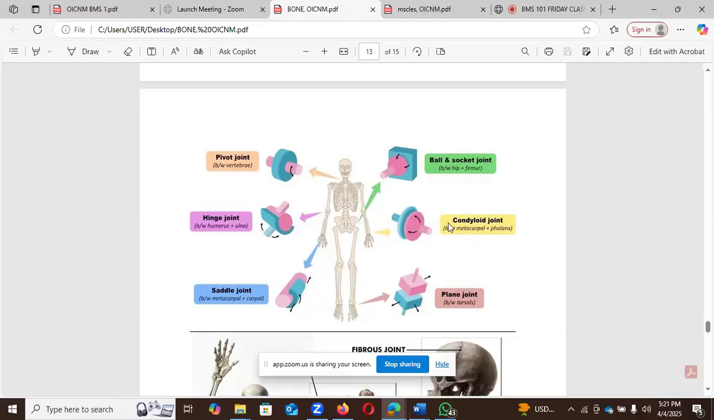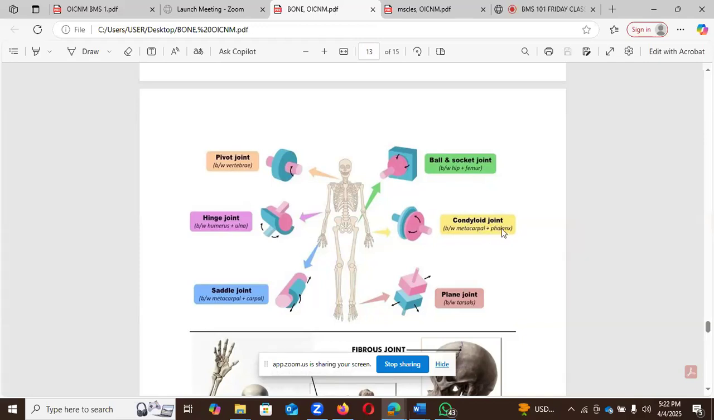This is the condyloid joint. The condyloid joint can be found in the wrist. Then this is the plain joint. It can be found in the ankle of your leg, before the tarsal, between the tibia and the fibula. The tibia and the fibula form a plain joint with the tarsal. So you can see plain joint in the tarsal, condyloid joint in the metacarpal